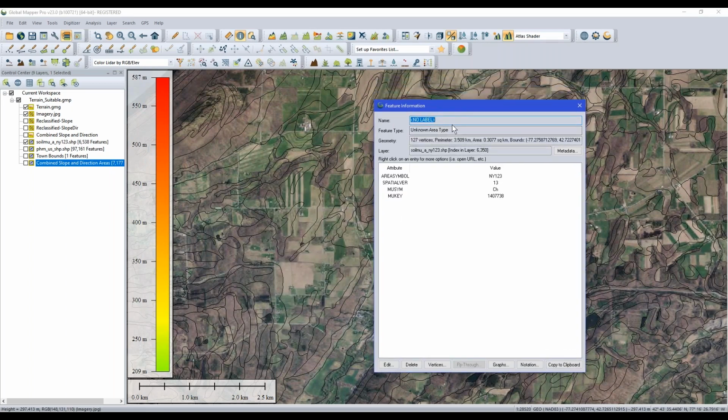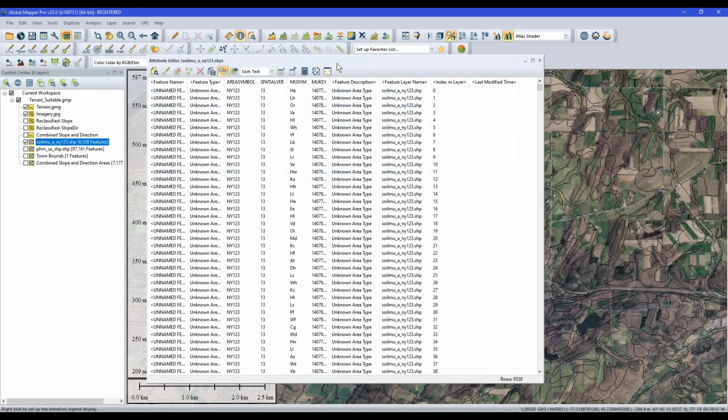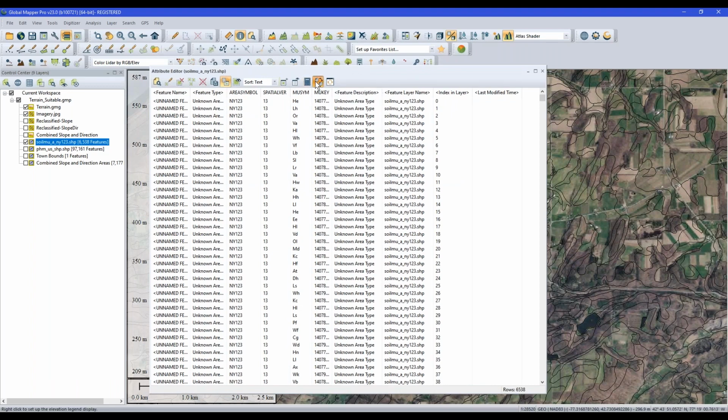So if I already have an external document that has the symbol meanings, because it's easier to search specifically for the soil types that we need. As Mackenzie mentioned before, the suitable soil types are silty clay loam and sandy loam. So what I'm first going to do is add those descriptions to this layer in the control center by joining a file. If I right click on the soil layer, go to edit attributes and click join attributes at the top,